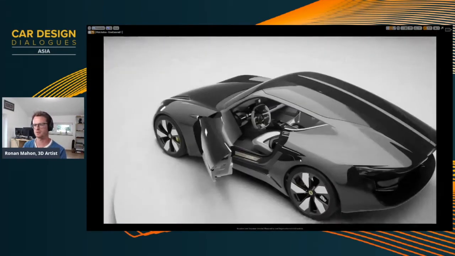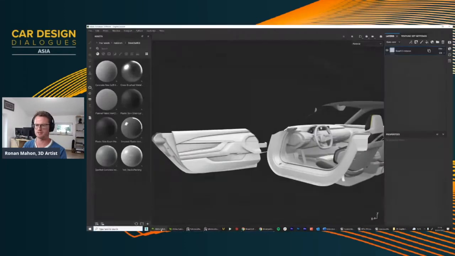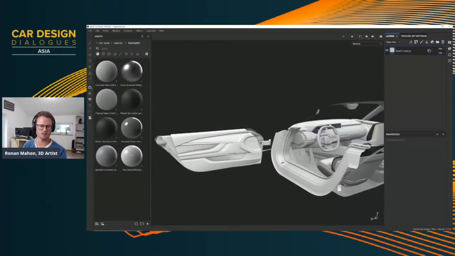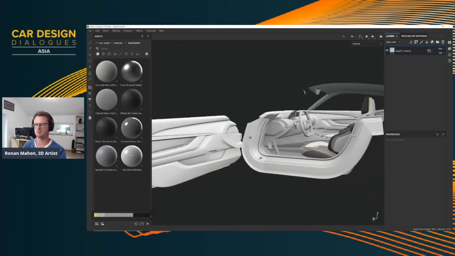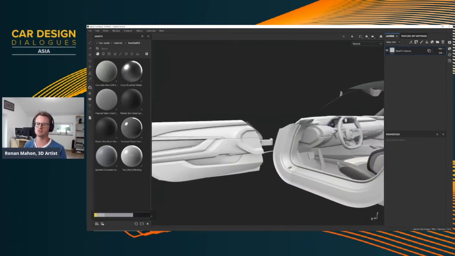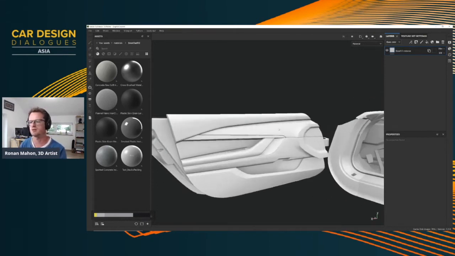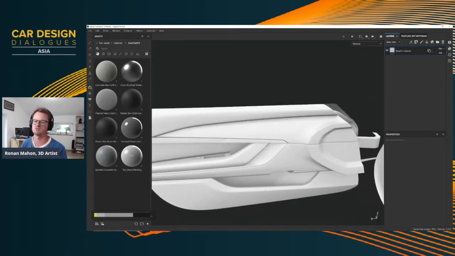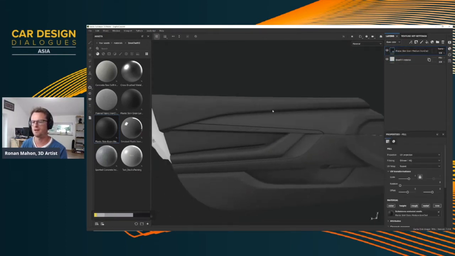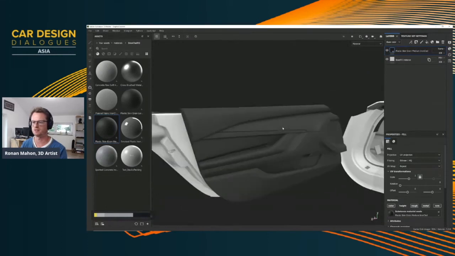So we're going to jump quickly over to Substance Painter, which is here. And I'm just going to drag over my color selection from Anais. So this might be how you start with your interior, for example. This is what I'd call sort of blocking out the materials, getting a feel for the interior itself. I'm going to start with the door, and like Pierre said, it's really Photoshop for 3D. So I'm going to start maybe with a little bit of plastic on the top. This is my layer stack on the top right, and you can see there it's applied to the entire door.